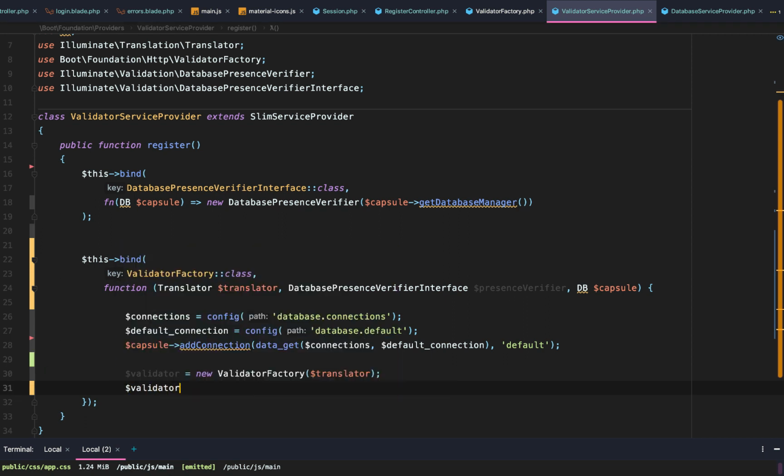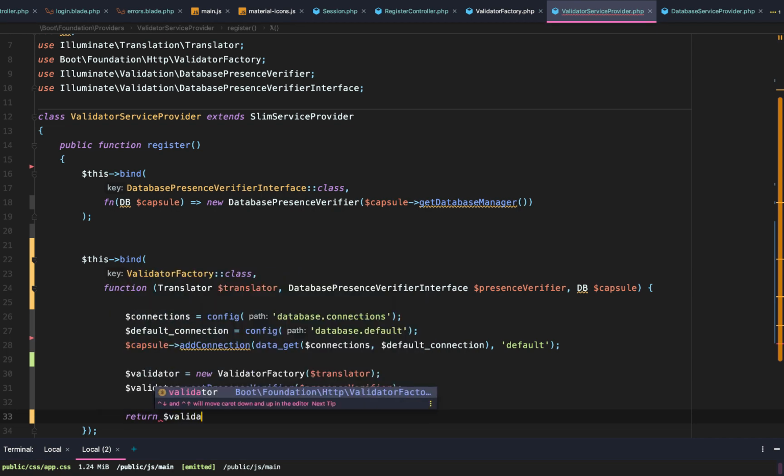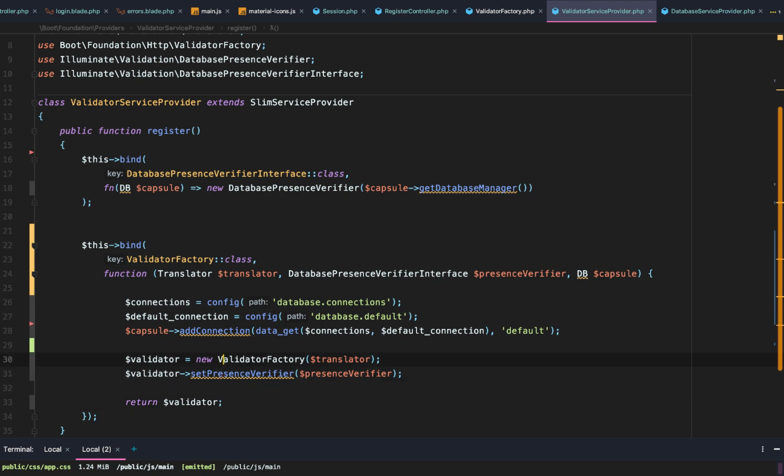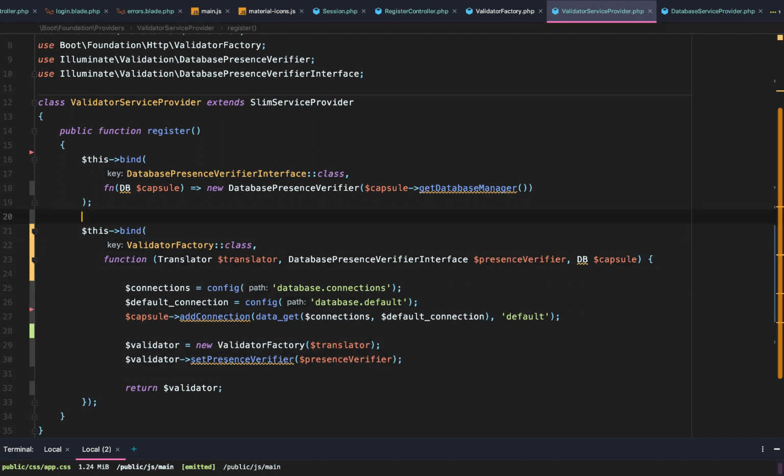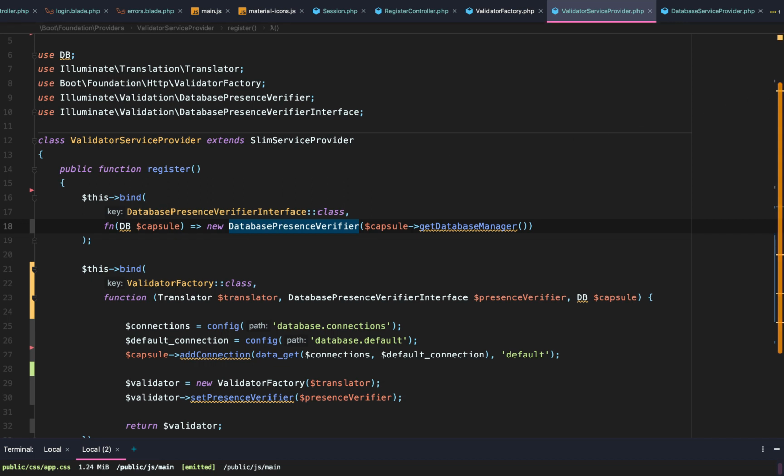But after we set our validator or instantiate it, we need to set our presence verifier. And this is going to be the presence verifier. This basically gives the validation information about our database connection, so we can use it to implement certain validation rules that require access to the database. All right, so after we have that set up, we need to go over to,